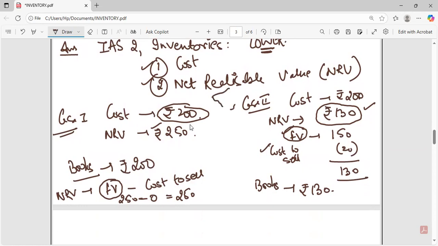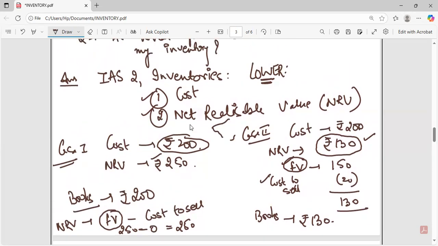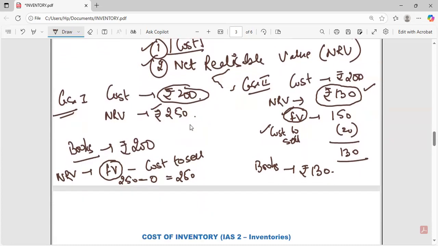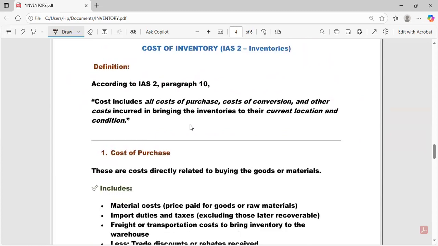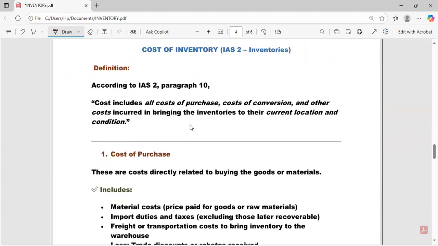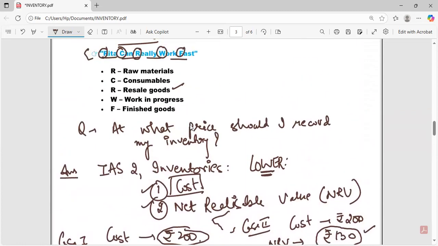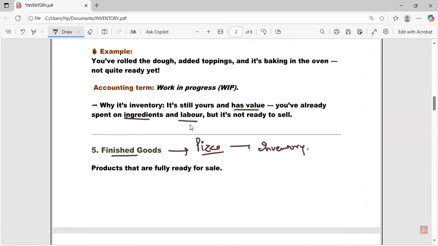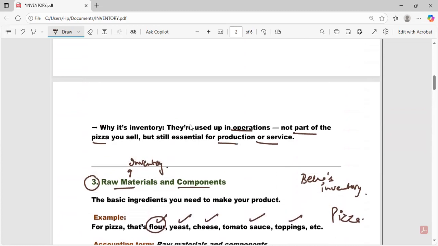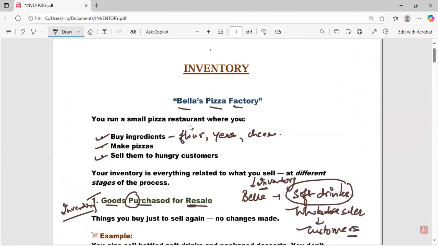Now we discussed this term net realizable value, but we are left with the term cost. This cost has various components as I have written over here, but I'm going to discuss this in the next video. Till then, revise this, okay? Just look at it carefully that what all makes up inventory. There are 5 components of inventory. Not only the final product, but various other things also make up the inventory of a particular person. And how do we record the inventory?